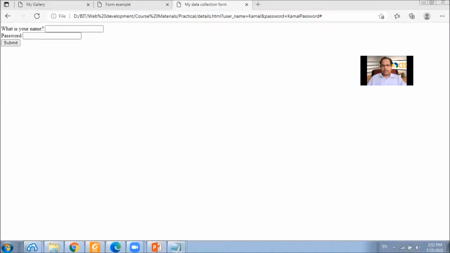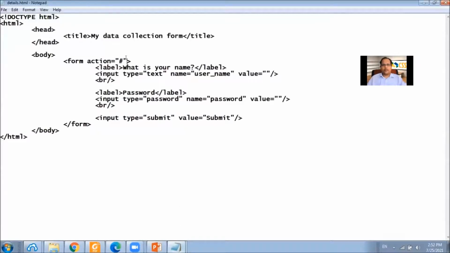In order to hide these values there and send the details as an object, we introduce this method attribute and specify the value as post.